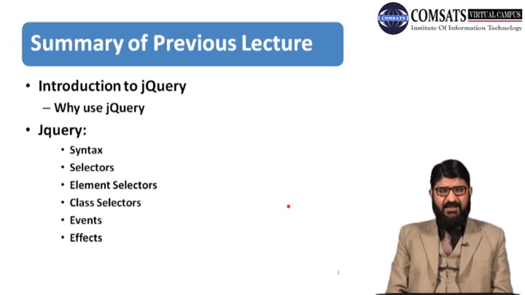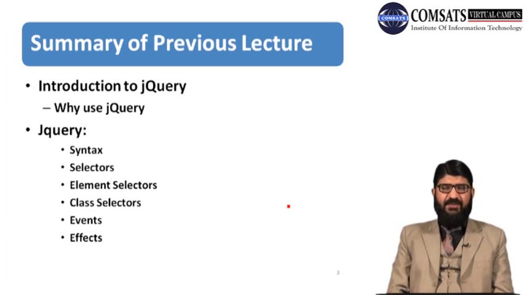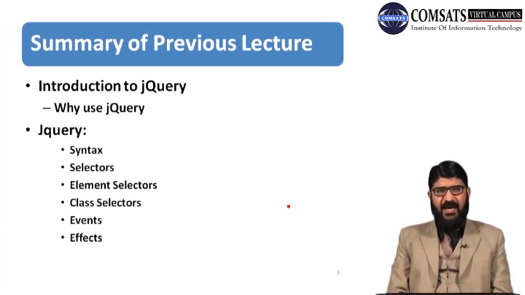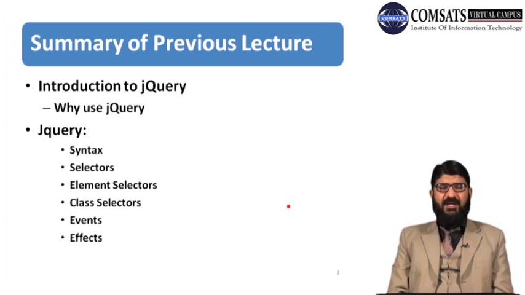Then the selector is to be given, and we have seen what we can add in a particular selector, what elements can be mentioned for that. We have seen that the tag name can be added as the selector. For example, p is basically the tag for a paragraph. We can mention it as an element selector. And similarly, we have seen the class selector. You can mention the name of the class as a selector. For example, we have seen a text class and we have mentioned it as a class selector.